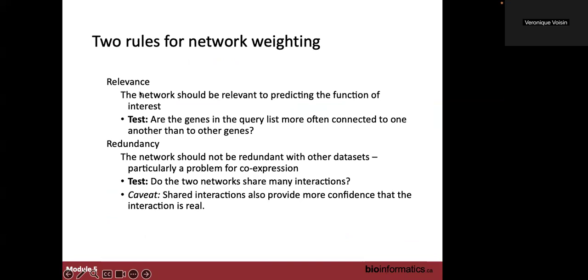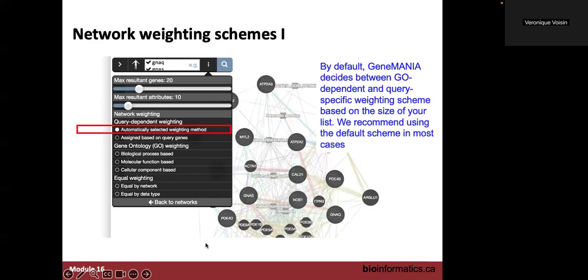So there will be more weight for relevant networks, for example, if the genes in the query list are more often connected to one another than to other genes, and there will be less weight if these networks are redundant. By default, there is a default weighting method, and this default weighting method has the goal to do the